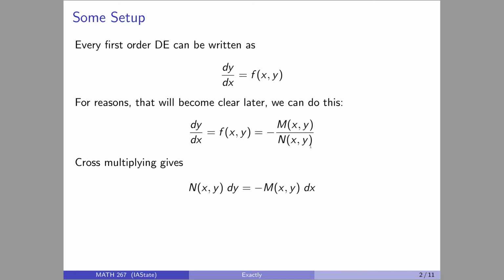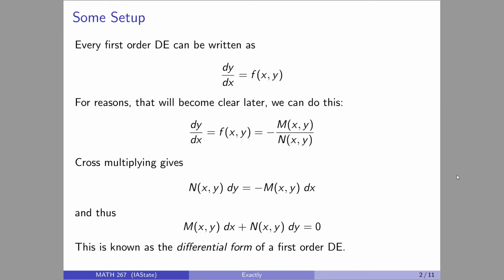Now, if I cross-multiply and then add, okay, the negative now makes sense. And turning into a fraction, okay, it all kind of cleans up, because now we've got this right here, and this is known as the differential form of a first order DE. So every first order DE can be written like this, and then from there we can do some maneuvering and get it in this form, and this is known as its differential form. There should be triggering memories out of Calc 1 when you talked about differentials. So, anyway,